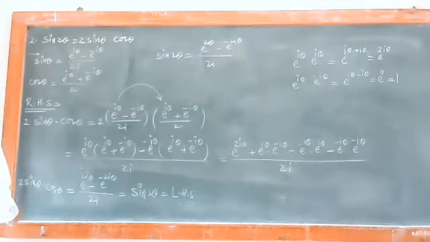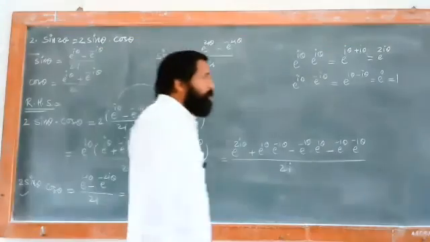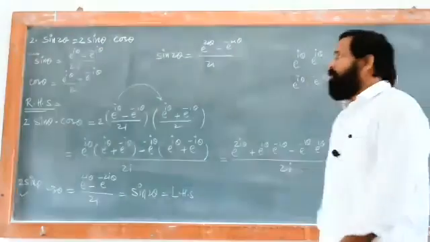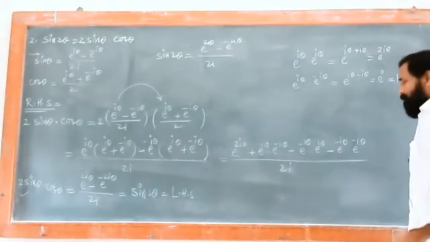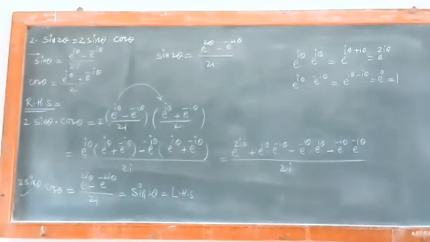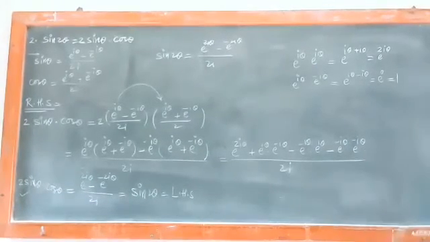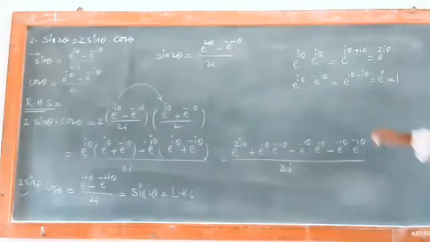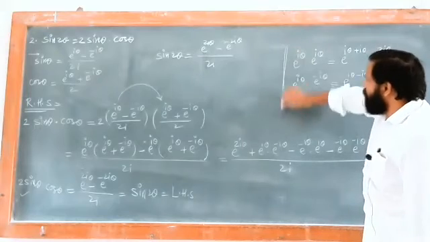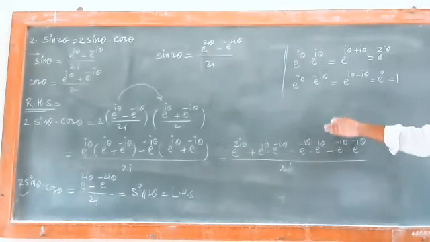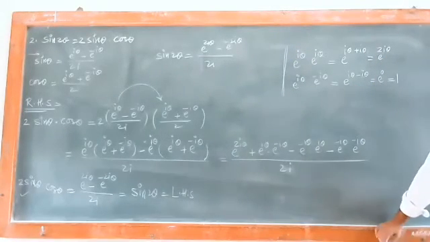So you have this condition, that is your identity. Sin 2 theta is equal to 2 sin theta into cos theta. Just take a screenshot of this and have the next identity. Let's solve it. So you have these conditions. This should be remembered, or we should know this. If you know this, then you can solve these identities.